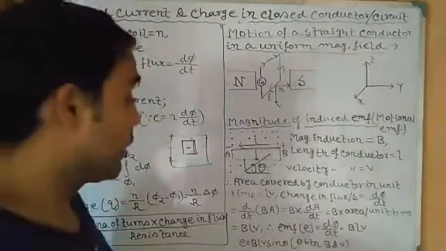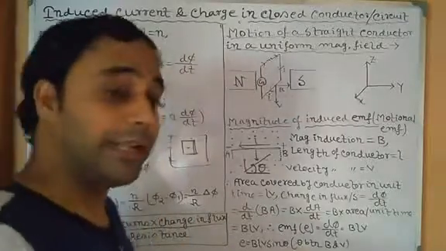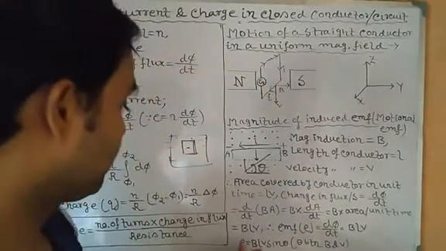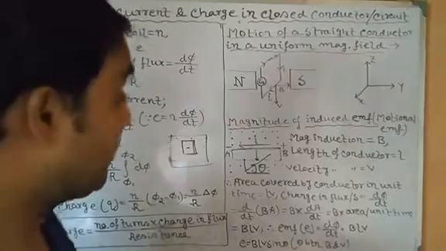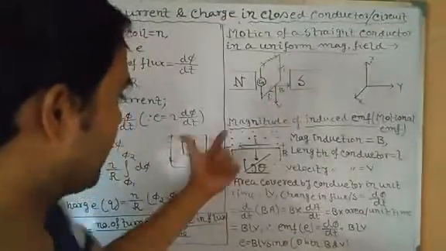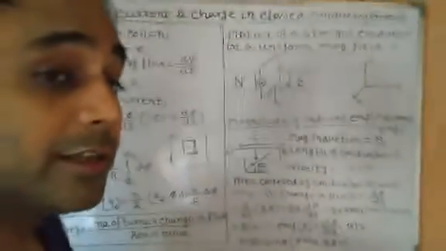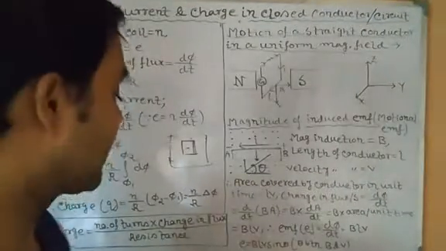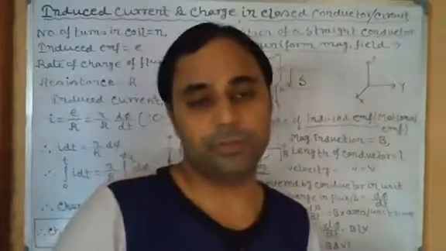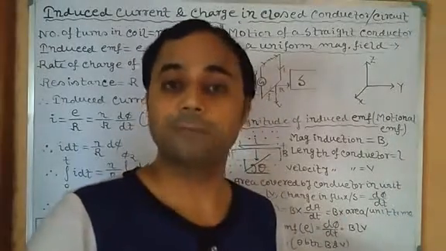So it means when the conductor is placed perpendicularly, only in that case can we get an EMF induced current. If it is placed parallel to the magnetic field, then sin 0 is 0. Then sin 0 means 0. So in that case there will be no induced EMF or no induced current. Clear? So that's all for today. We will see in the next video.